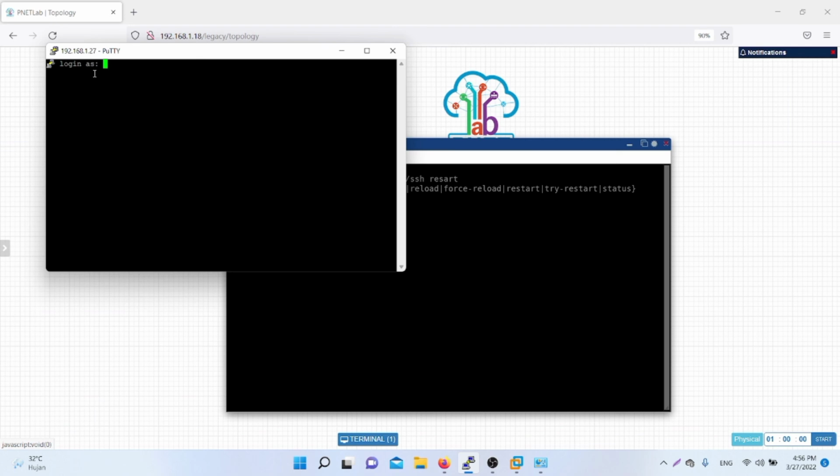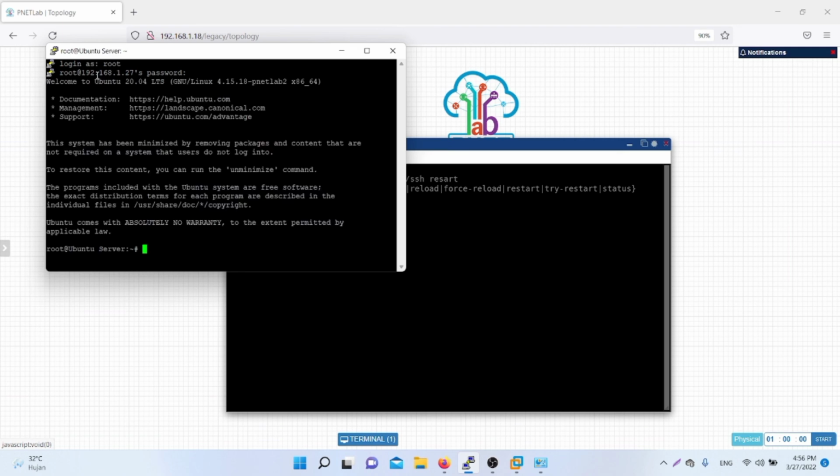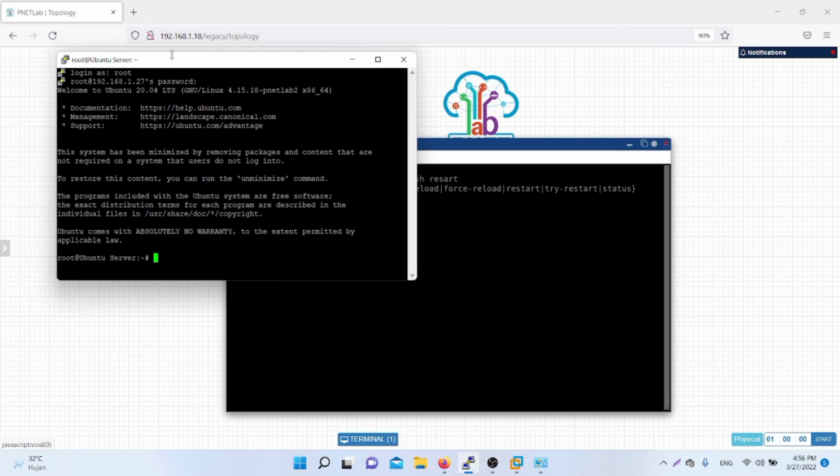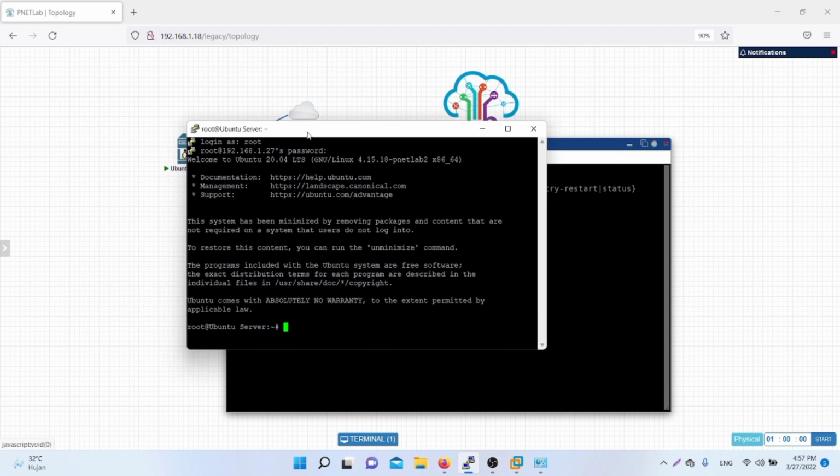But for login, the user is root, and for password kita masukkan password yang tadi sudah kita bikin. Jika sudah seperti ini, berarti tandanya kita sudah berhasil untuk meremote Ubuntu server from SSH in PuTTY application dengan Ubuntu server yang ada di PNetLab.